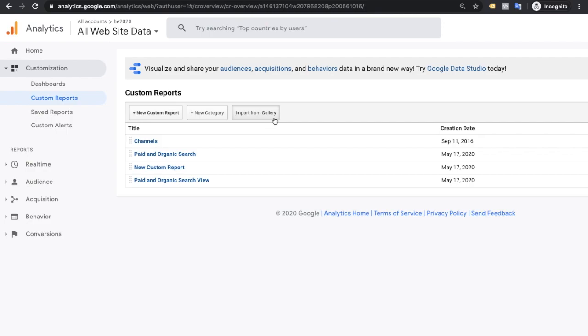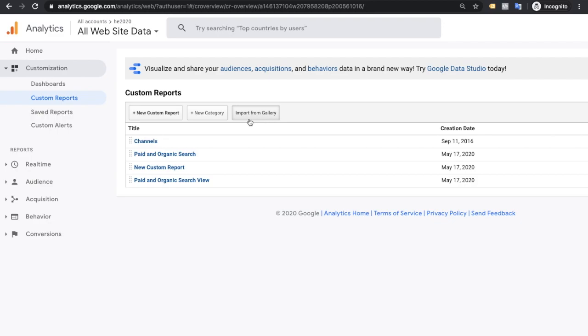Suppose I am a Google Analytics user and I have created a custom report and shared it on Google Analytics, then any user can import from there. You can also go to the gallery and search for your custom report, and then you can import from there.